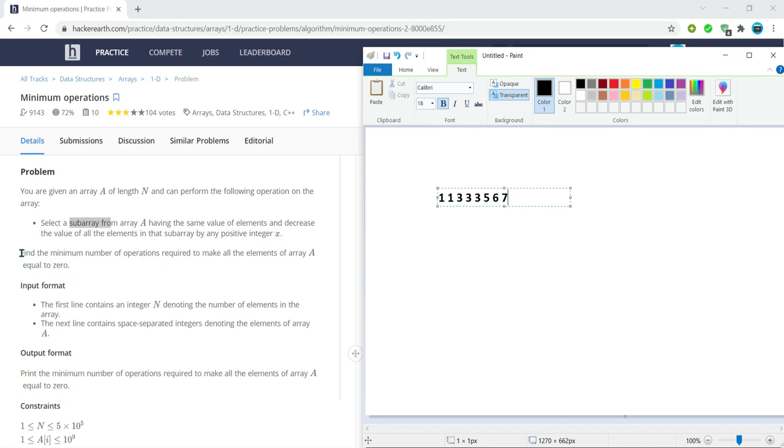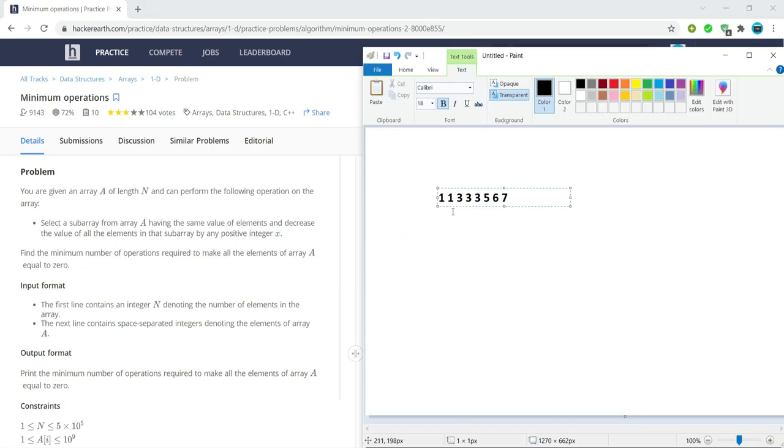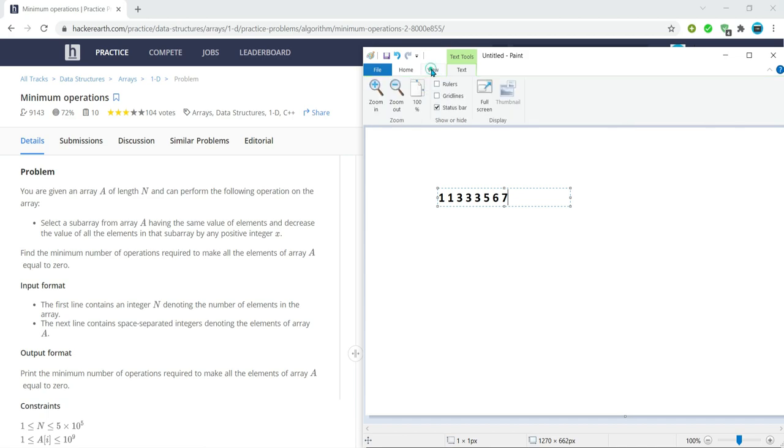But again the requirement is that all the elements should become equal to 0, so that x becomes the same number that is in the array. So the problem says that we need to make all the elements in this array equal to 0, and it should be done by selecting a subarray which has the same values and making them equal to 0.